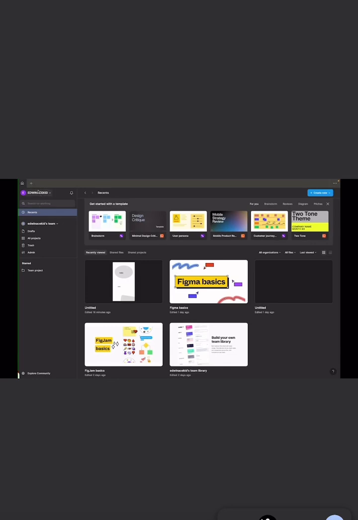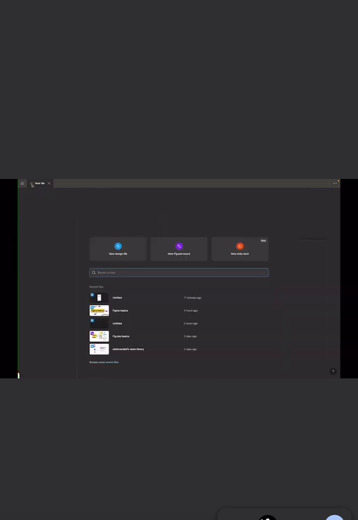So if you want to create a new file on Figma, you can click here and create a file. You can design a file. You can go to Figma board. You can use the side deck, which is under construction. It has not been fully launched on the Figma software, or you can import an existing project that somebody has done. Either you do one of these, or you can just go over to this plus sign and click the plus sign. So now we are on new. You click on new Figma design,